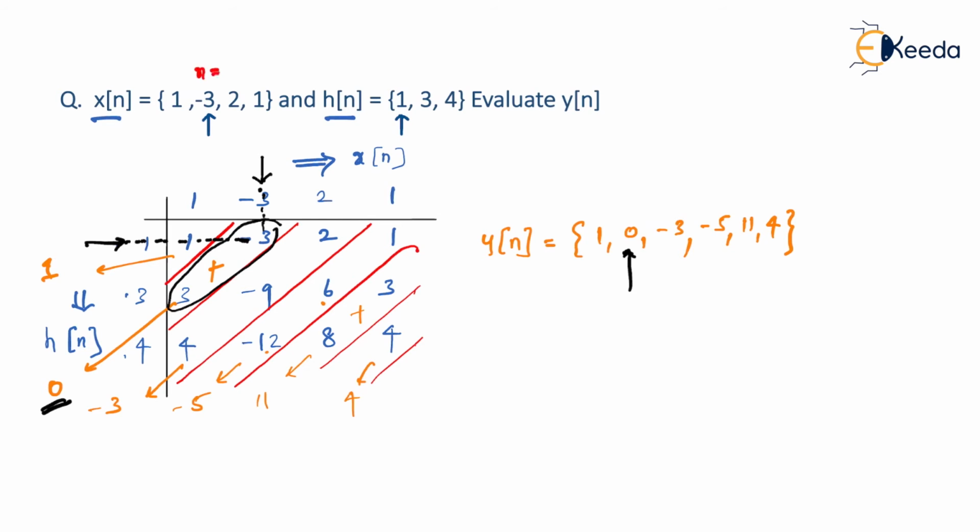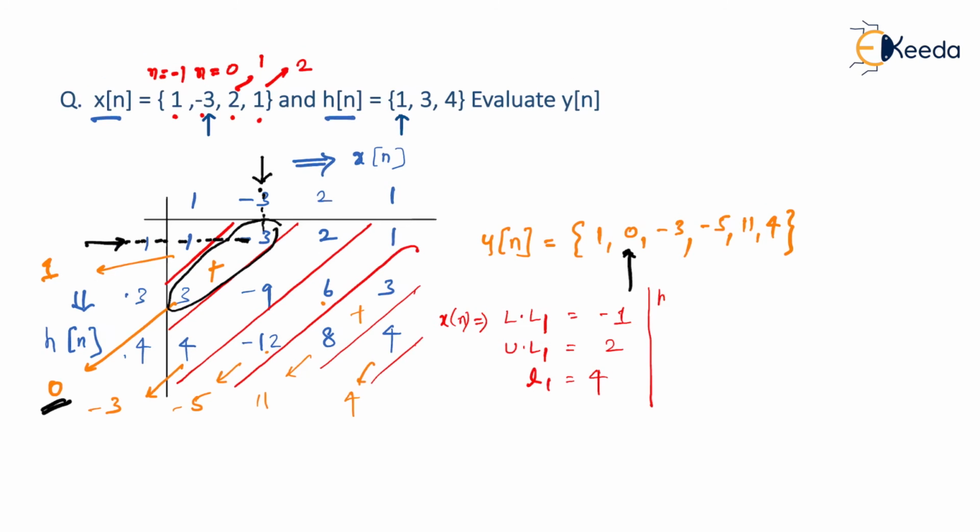So we understand this is the n equal to 0 position. Your x of n started with n equal to minus 1. This is n equal to 1, this is n equal to 2. So from the x of n observation, we got lower limit 1, and I'm writing it for x of n. What is lower limit 1? It is minus 1. Upper limit 1 for x of n is at n equal to 2, so the upper limit is 2. And let us see the length of the sequence. Length of sequence means the total number of elements in x of n. So 1, 2, 3, 4. 4 elements are there. I'll write L1 equal to 4. So this is the observation for x of n.